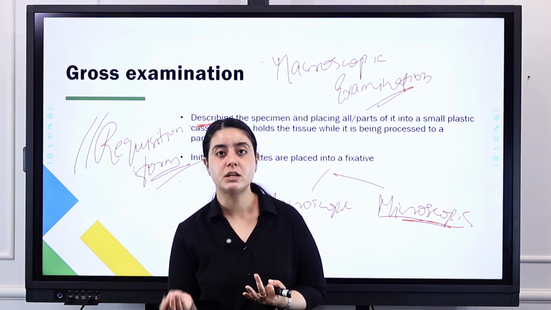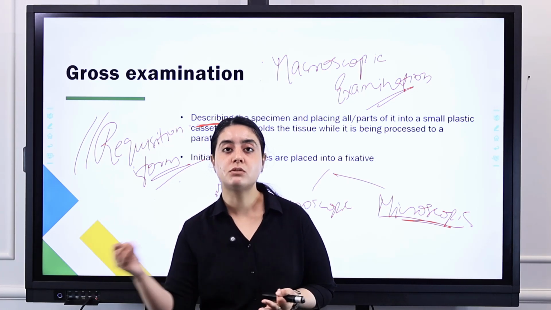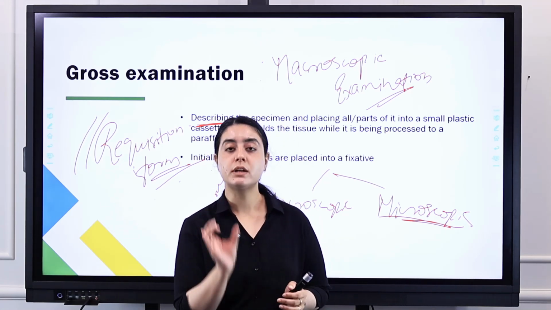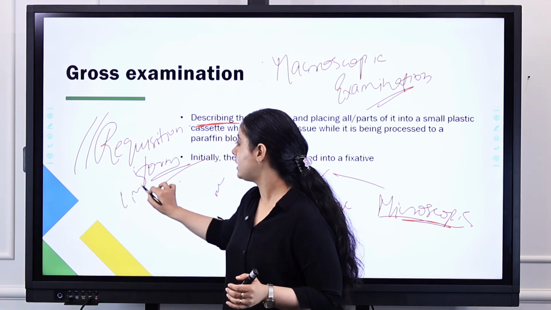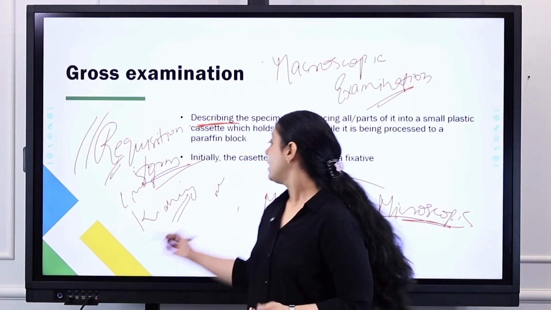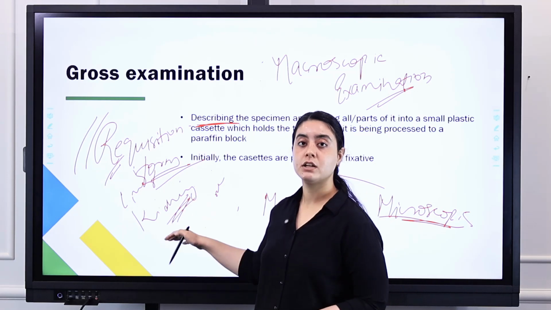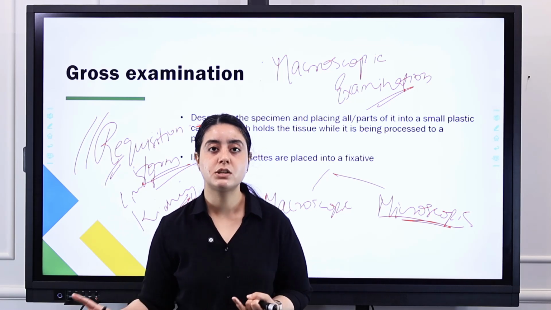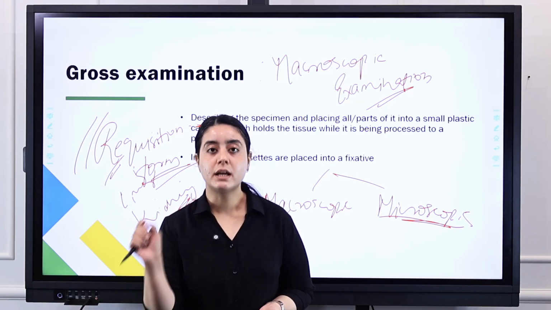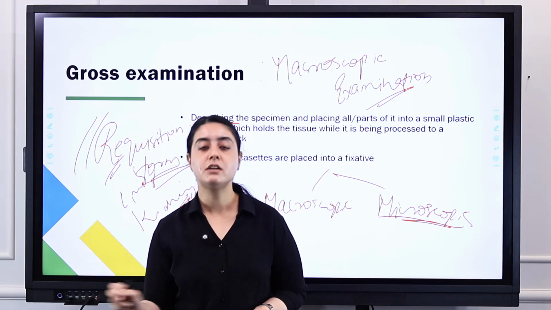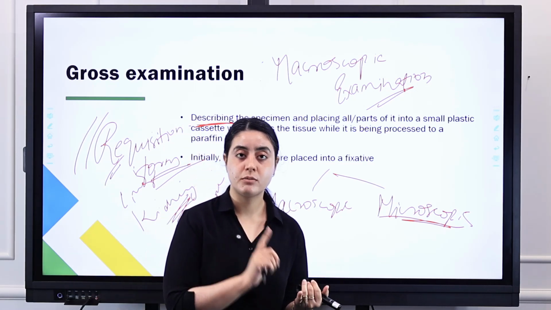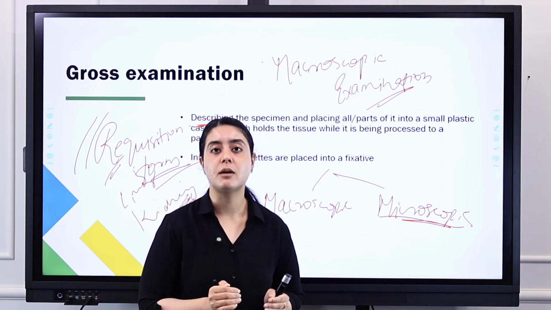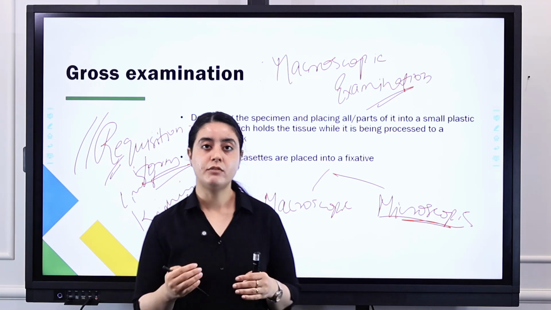What is the age of the patient, what type of surgery he or she is going through, is there any clinical history before the surgery, right? And the tissue name also. If they send liver tissue, it is written over here. If they send kidney tissue, they will mention it in the requisition form, that this is a kidney tissue, or a breast tissue, or a liver tissue, along with the name and details of the patient, right? So we always have to check whether the requisition form is there or not, and whether all the details are clearly filled or not. After that only we will receive the sample, and then we'll do gross examination on our own, right?